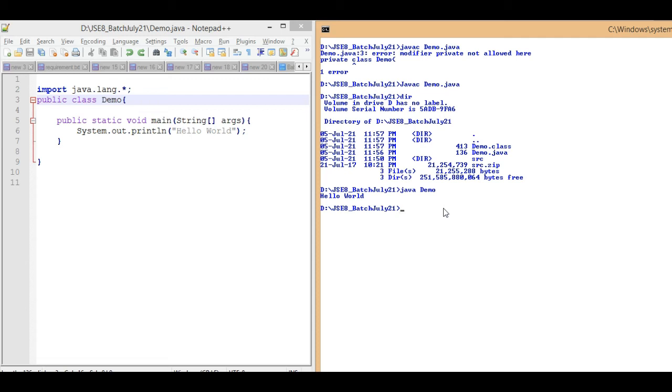So at that time it executed the Demo1 class, and we got output from that main method. Now java Demo, yes, executing this, output is coming here.